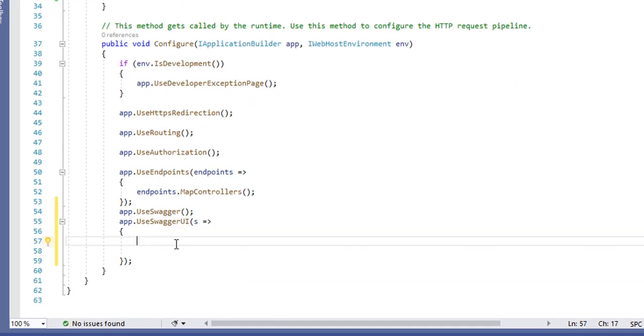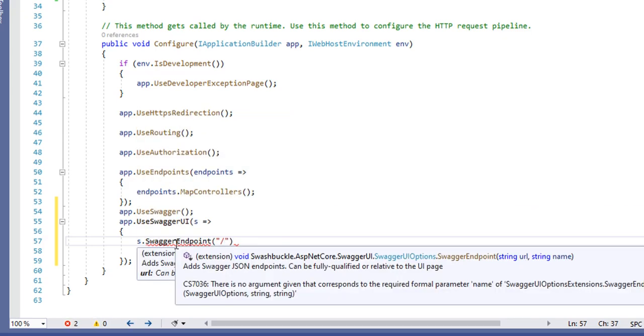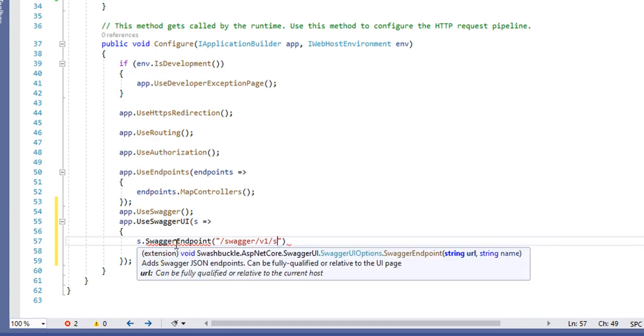Here we need to mention the Swagger endpoint, s.SwaggerEndpoint. It will take two parameters. One is the Swagger JSON path, like swagger/v1/swagger.json, and comma, you can give any name, like Core API.